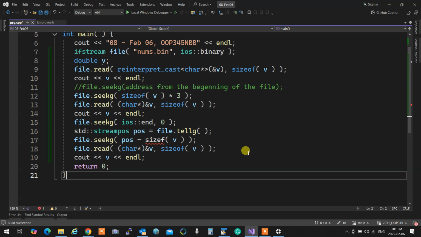Now, if fstream wants to seek to a certain address, to jump to a certain address, it couldn't call the function seek, because seek belongs in both. Then they had to actually write file, scope resolution, ifstream, scope resolution, seek. Long thing. And C programmers hate to write long stuff. So they said, for ifstream jumping to an address, we're going to call it seekg, g for get. Not forget, I'm not, remember. We're going to call g for get, okay?